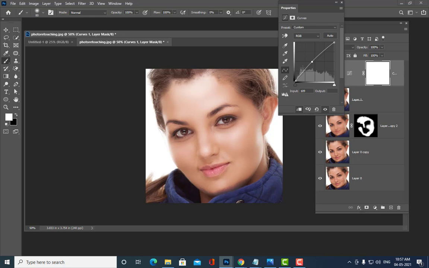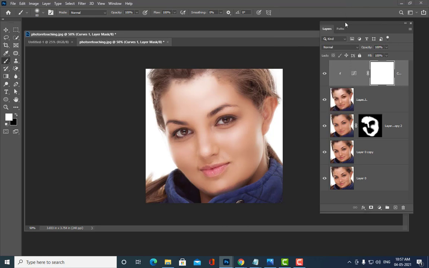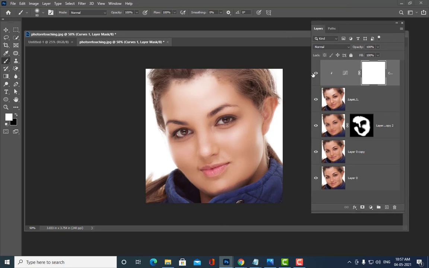You can see the shape of this curve. It is a slightly arc shape, a very simple arc shape. Now what can we do? I want the brightness only on her face, not in any other area. So I can do one thing, just simply invert this curve's thumbnail. How to invert the curve's thumbnail? Anybody can tell? Control I, sir. Control I. And then I will just paint on her face.